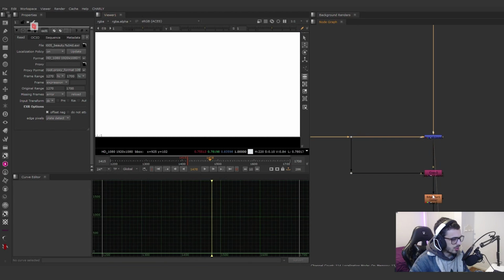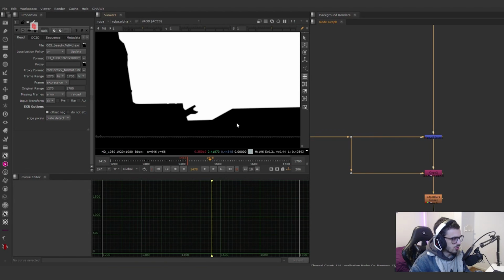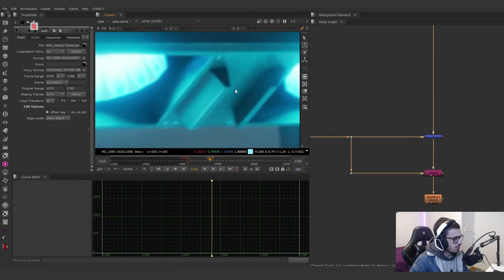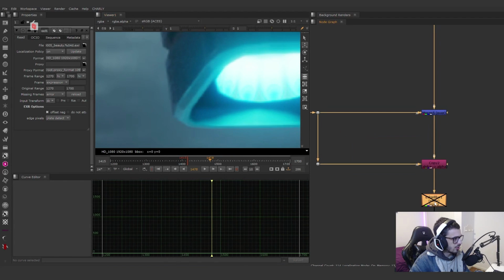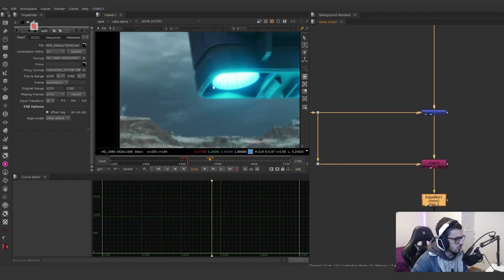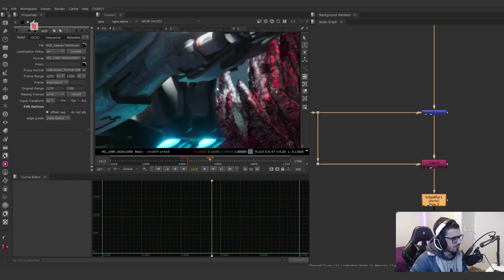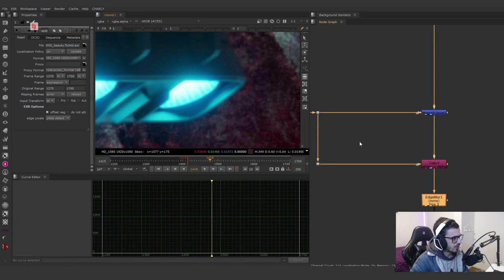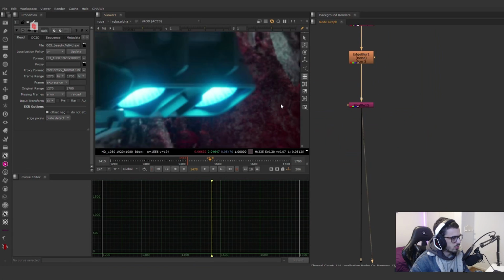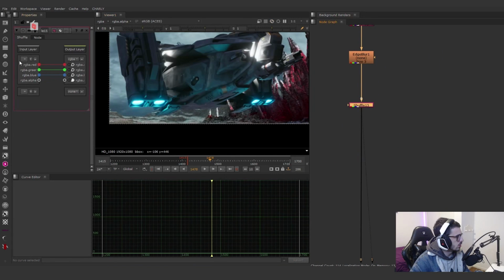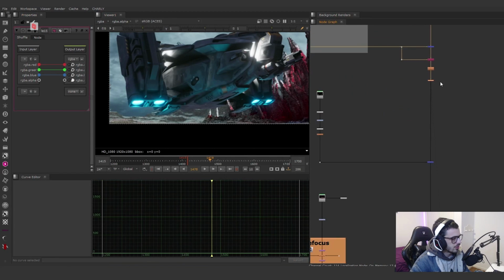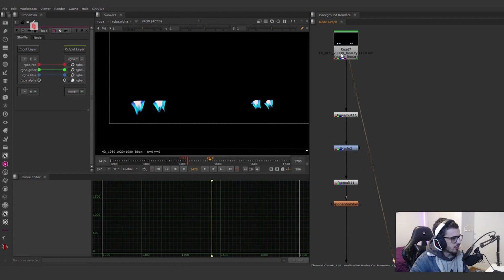This alpha is quite interesting because we're going to be doing an edge blur for it. You can see on the alpha. This will merge the edges a little bit so they can be diffused into the scene a little bit better. And we're going to do a shuffle right here to bring that to the RGB, which I think is not needed. Then we have these thrusters where we are just grading it a little bit, as you can see, doing